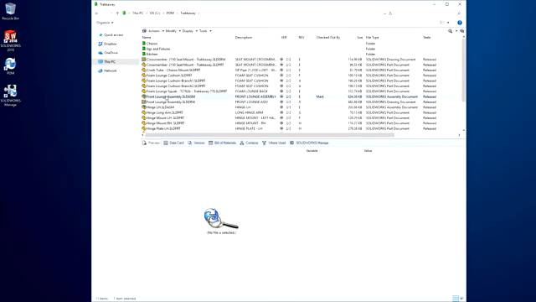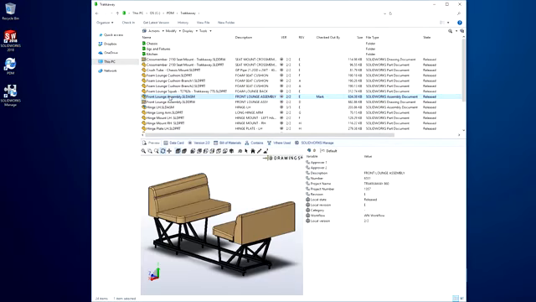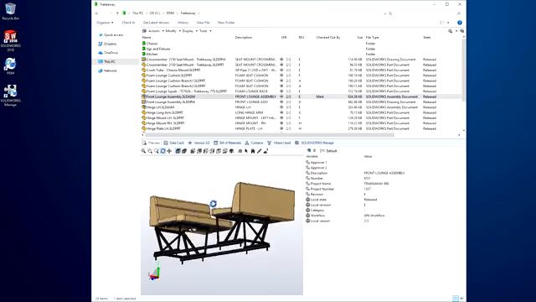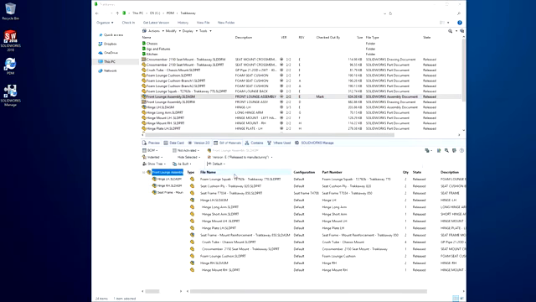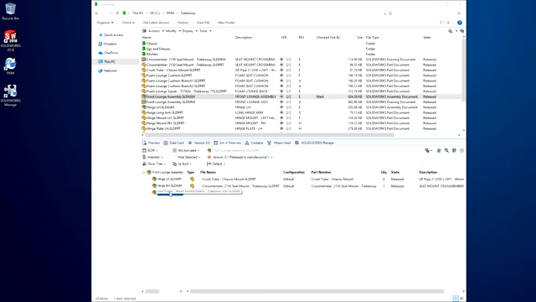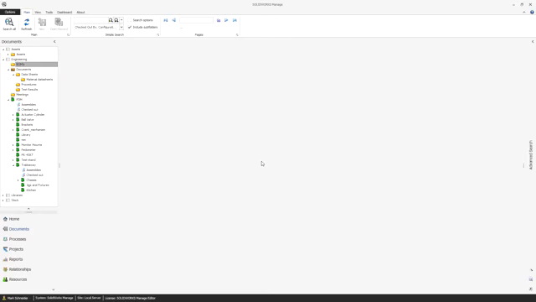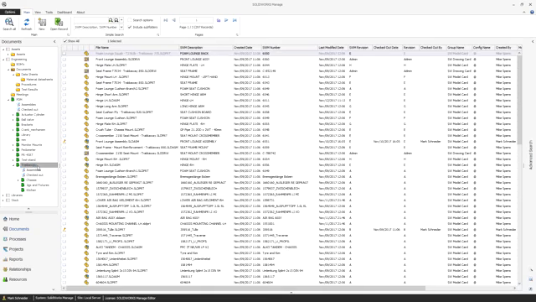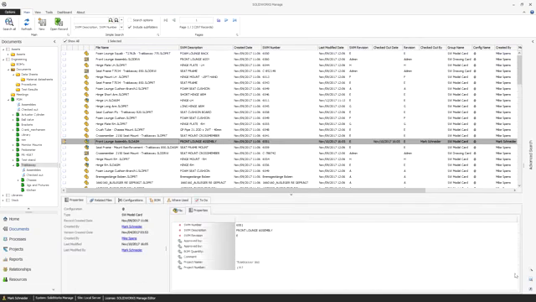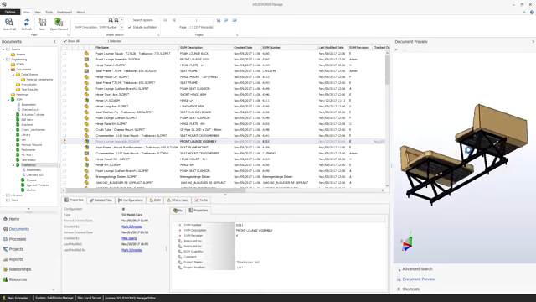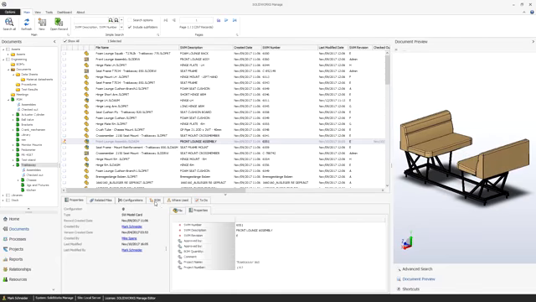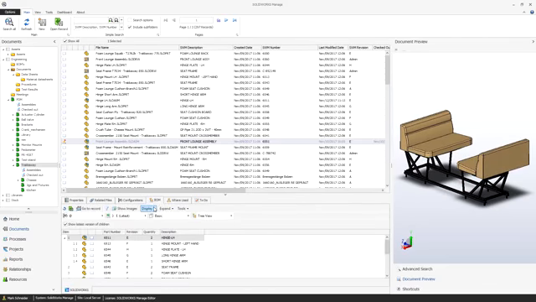PDM is a great tool for keeping track of CAD files and creating an engineering bill of materials for your design, but not everything gets modeled in CAD, and typically there are items that need to be added after the design is modeled. Items such as glue, spare parts, packaging, and documentation need to be accounted for, as well as overall quantities when customers order multiple units. Many manufacturers will use other tools such as Microsoft Excel or ERP tools to supplement their engineering BOM to create a manufacturing or shipping BOM that accounts for all items needed for an order. This fractured approach can be messy and error-prone and easily result in lost